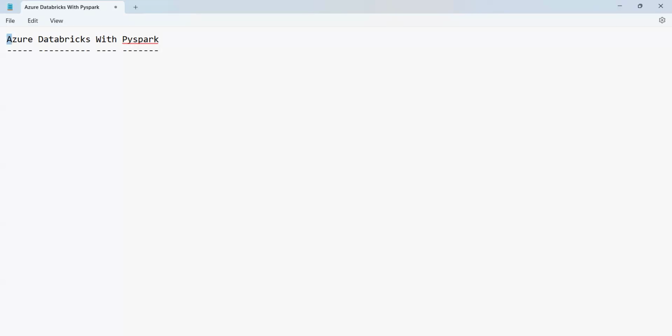Wherein Azure is nothing but it is the name used by the Microsoft, guys, to market their cloud services. So Azure is nothing but a name used by the Microsoft to market their cloud services. Whereas Databricks, guys, the Databricks is nothing but